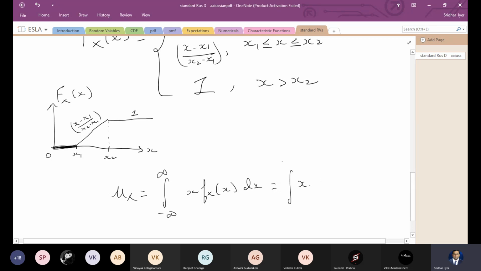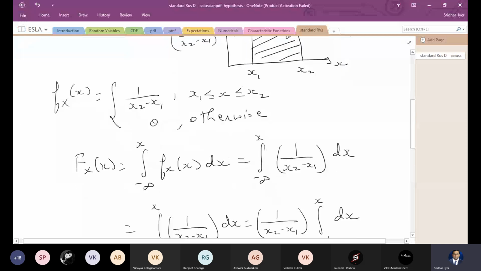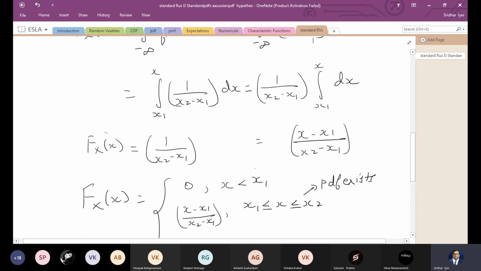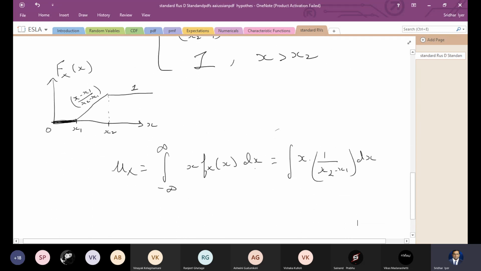That means if I scroll up, fx of x is given to us as 1 by x2 minus x1, right? So x into 1 by x2 minus x1 dx, and the limit, if I scroll up, you can see that the limit is for x between x2 and x1, right? So the lower limit will turn to x1, and the higher limit will turn to x2,